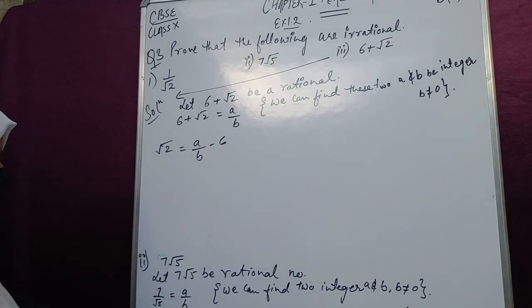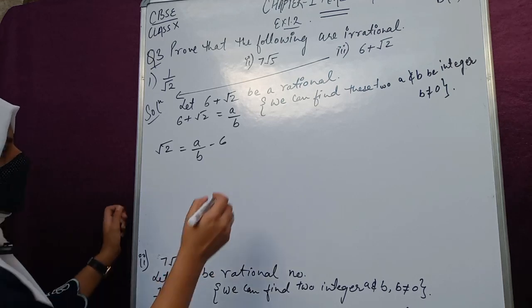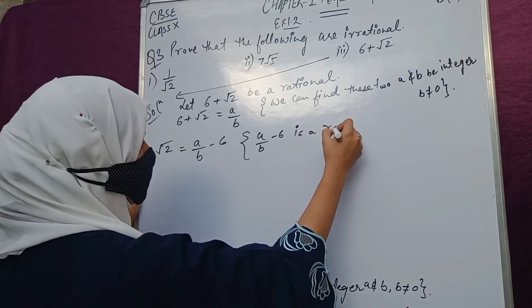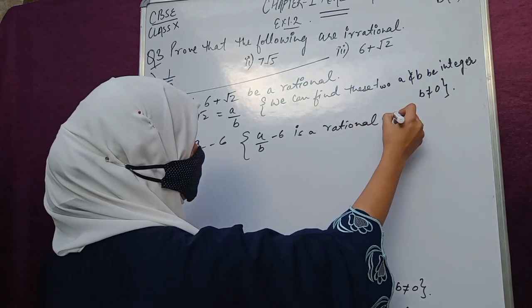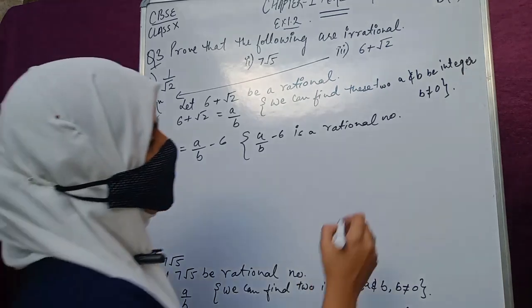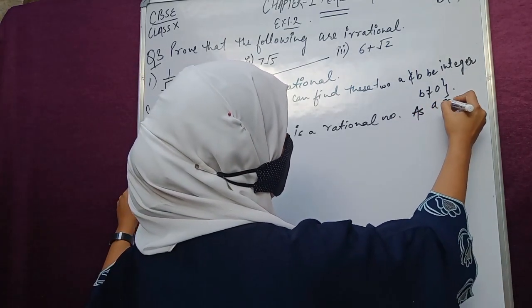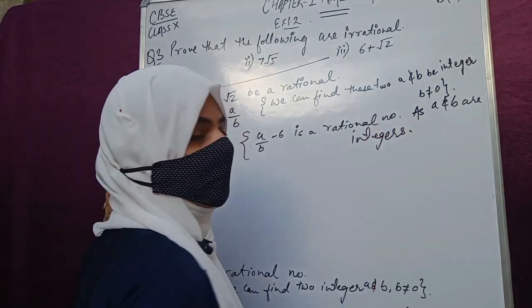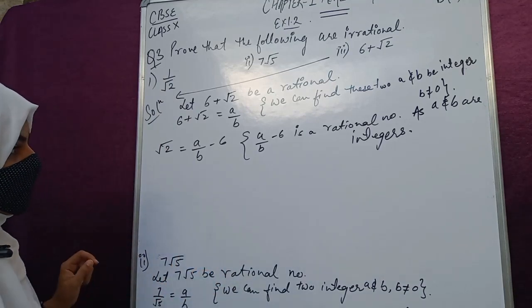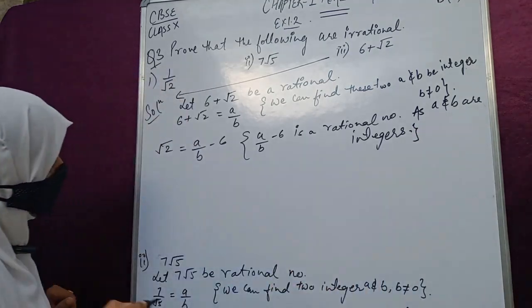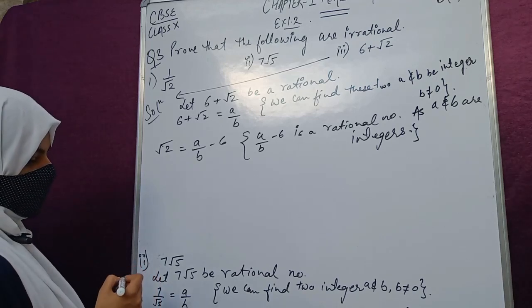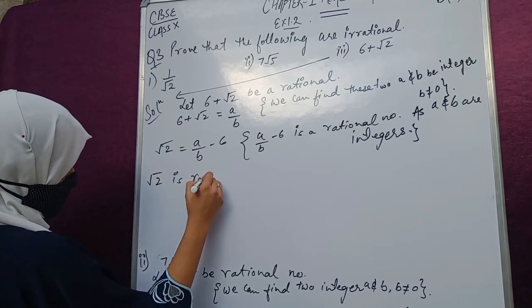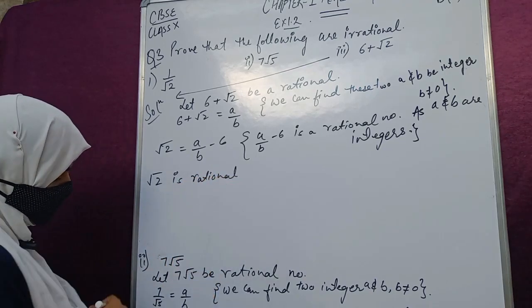अब क्या हो गया है, what we will say now, a upon b minus 6 is a rational number, as a and b are integers. हमने बोला था as a and b are integers. ठीक, ये चीज हमने कर दी. क्लियर है? So we can say square root 2 is a rational number